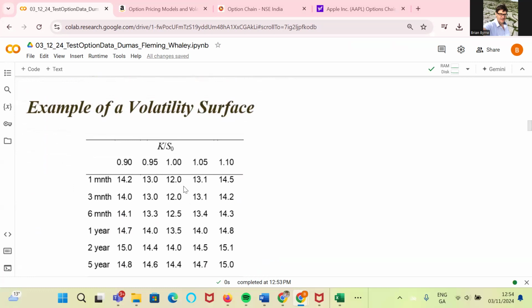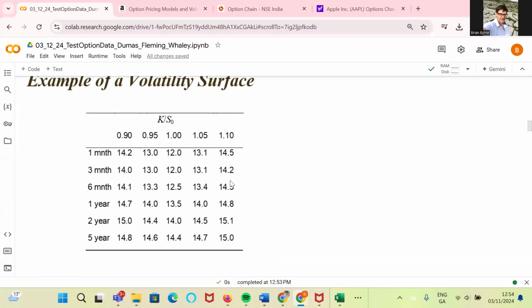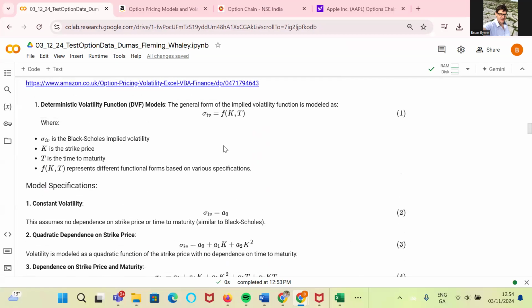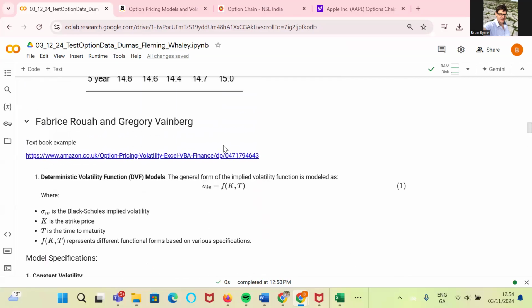The volatility surface, an example from the Hull textbook, could be cast like this, right? You have different time periods and different moneyness. Now, following the approach set out by Dumas, Fleming, and Whaley, and by Fabrice Rouah and Gregory Vainberg in their textbook,